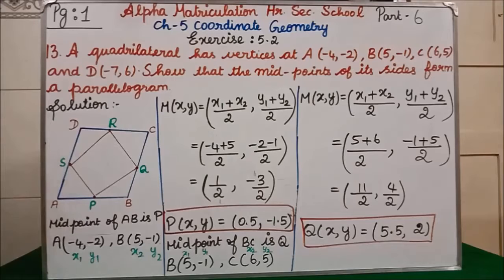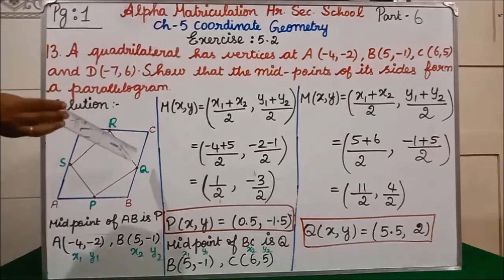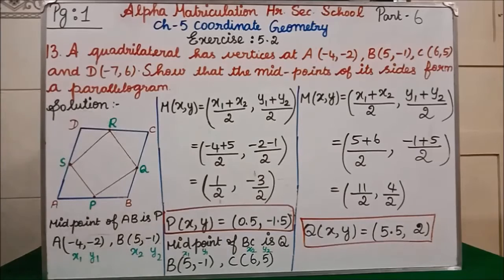is minus 1. So 5 minus 4 is 1 by 2, minus 2 minus 1 is what? Minus 3 by 2. So 1 by 2 if you divide we get 0.5, comma, minus 3 by 2 we get the answer as minus 1.5. So now we have got the point P. What is the value of point P we have got? 0.5, comma, minus 1.5 is our P point answer. Similarly, we have to find the points Q, R, S. Based on the same procedure, we are going to find the values for Q, R and S.